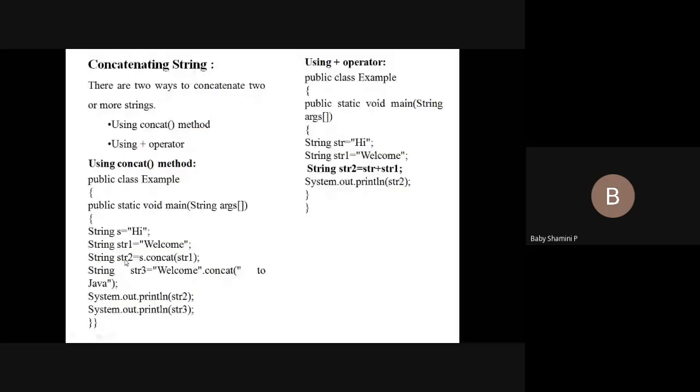To perform concatenation, we need to create one more object, and through this object we can perform concatenation operations. Otherwise it will show some compilation errors. So see here.